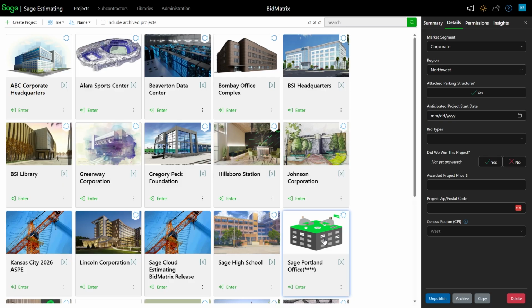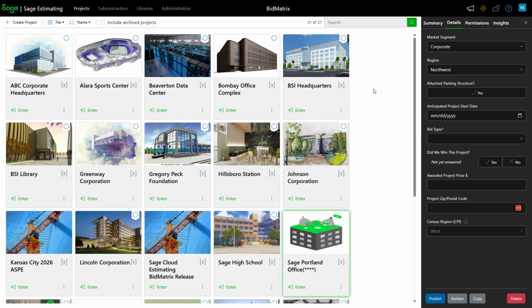So I do not want it to change or be accidentally changed by the average users and things like that. So I can come in here and say unpublish it if I want to basically take it off the list of projects. So as we go through there, that's how the system knows if I've got 10 estimates out there for one project, but here's the final one. This is how I can really notate this is the one that's allowed to be used for that insight function that we were looking at in the overview. Those are the main things that had to be set up to make that whole insights function work, of being able to find similar projects and things of that nature.